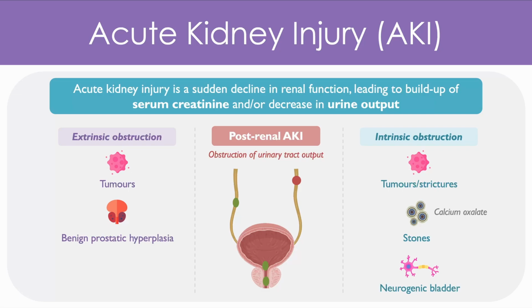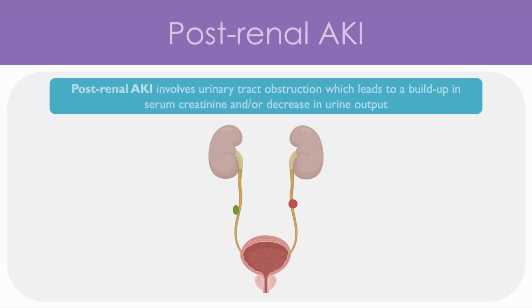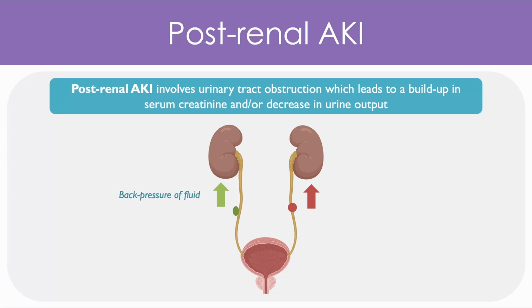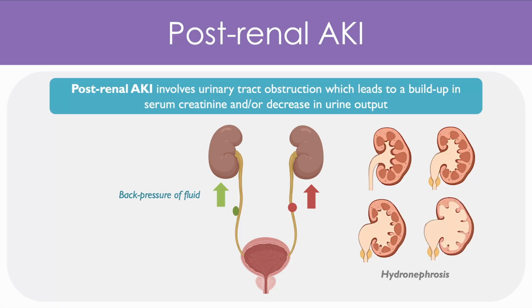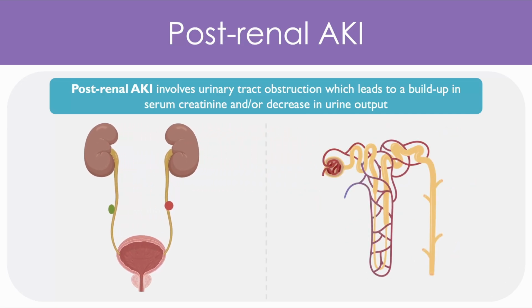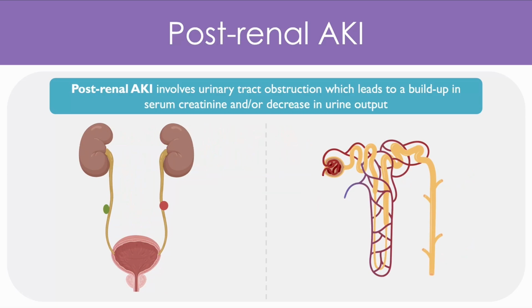Regardless of the cause, in all of these cases there's some level of outflow obstruction, and this leads to buildup of back pressure all the way back up to the kidneys. Over time, this can lead to a process known as hydronephrosis, which is where fluid swells around the kidneys and prevents proper functioning. There can be different stages of hydronephrosis depending on the level of severity of obstruction. To see the impact of this, we can trace our way back up to the nephrons, or the structural units